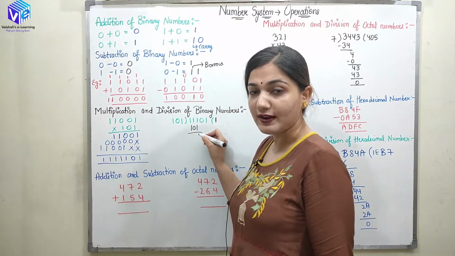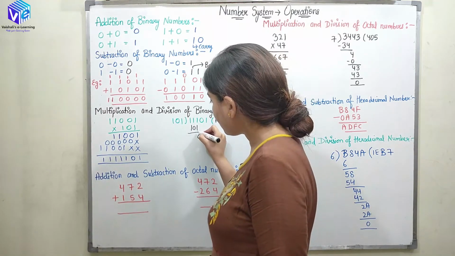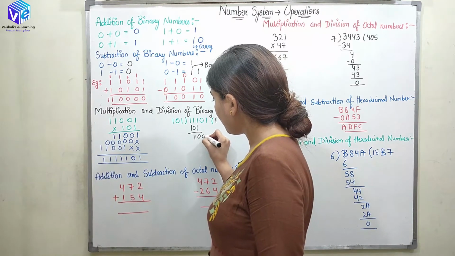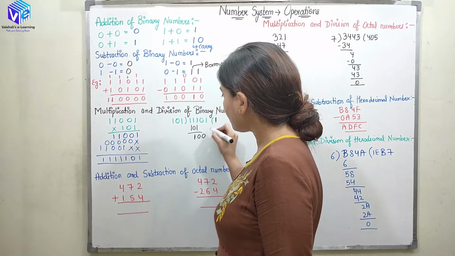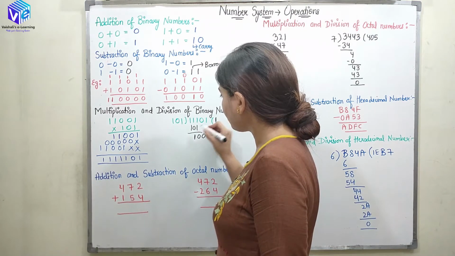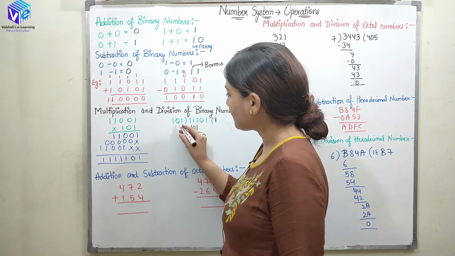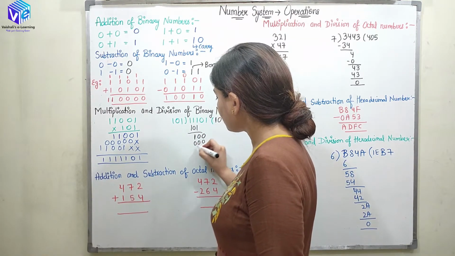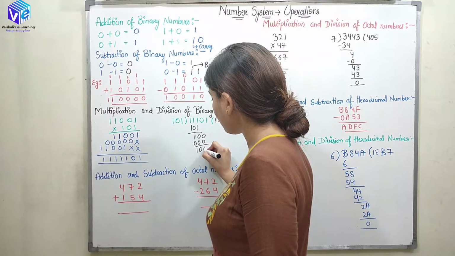Now what we have to do, we have to do the subtraction. So 1 minus 1 will be 0, 1 minus 0 will be 1, 1 minus 1 will be 0. Here we have 0, right? So now again, because 100 is lesser than 101, we will be taking 0. So here I will be having 0, right? So I will be left out with 100.